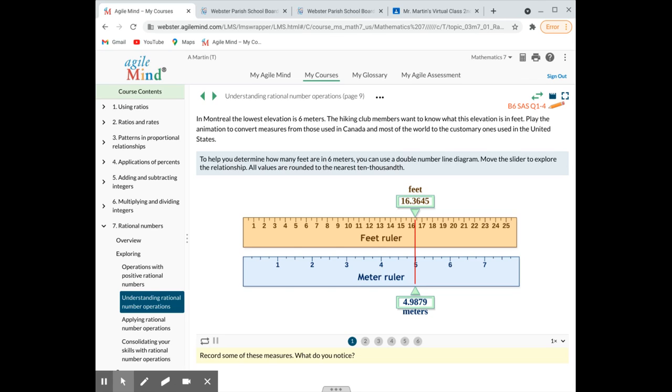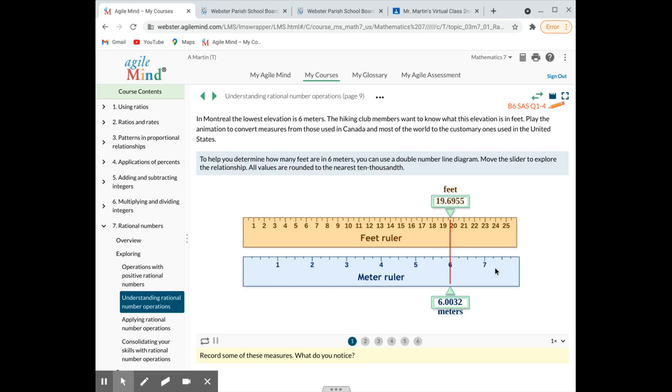So this says to help you determine how many feet are in 6 meters, how about we run this to 6? All right, so I'm not 100% at 6, but look how many feet are in 6 meters. 19. Yeah, a little over 19, right? Yes, sir. Well, we do know that 1 foot